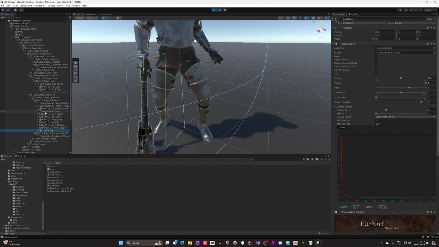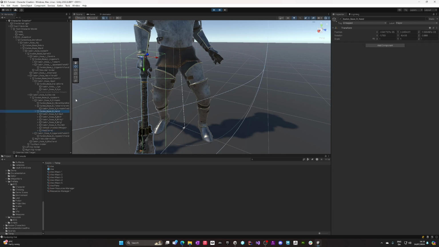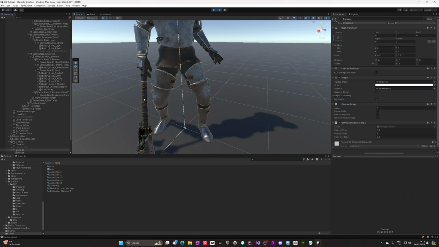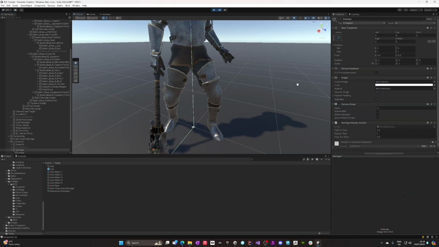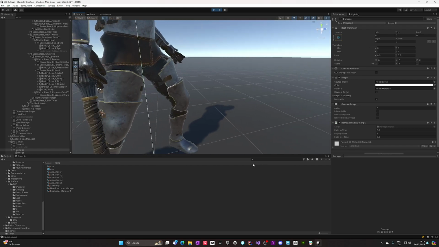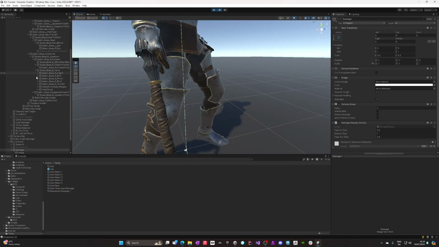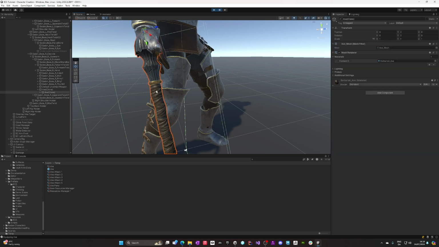This is due to the fact that this character hand bone has a specific rotation of its own. The weapon has its own pivot. So how do we fix that? It's very, very simple. You equip the weapon, you pause the game, you find your weapon,